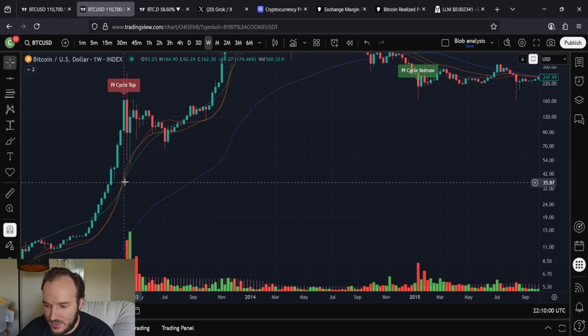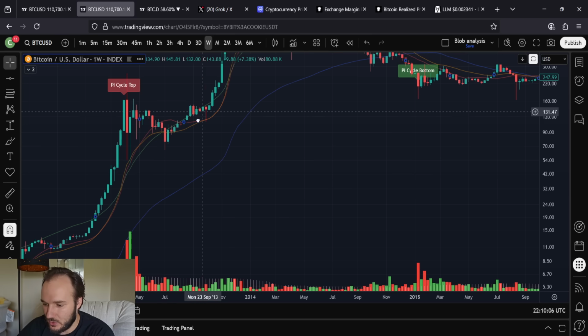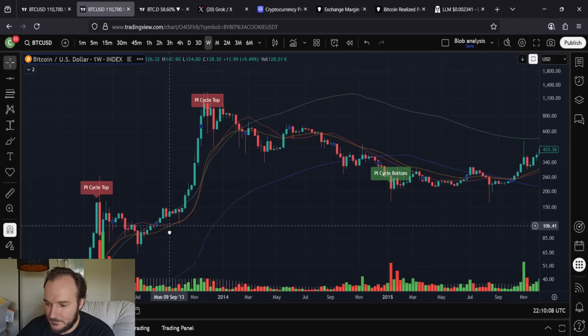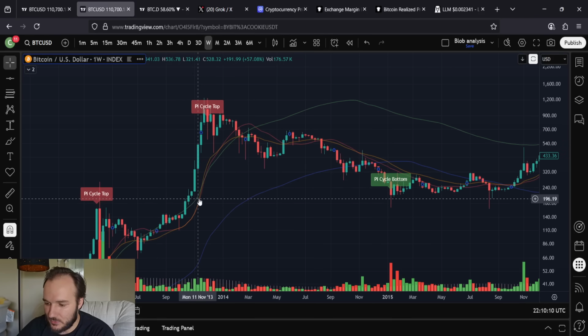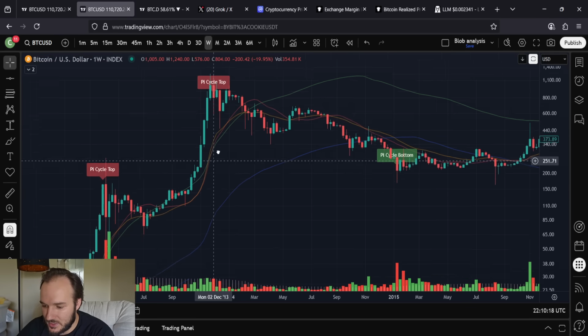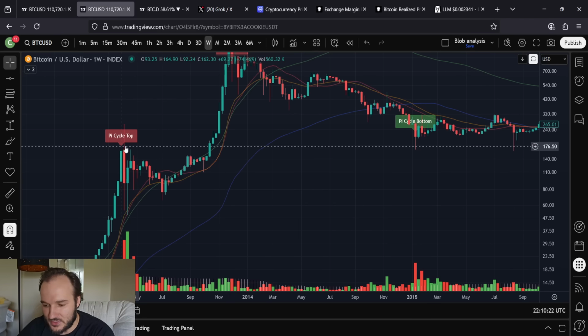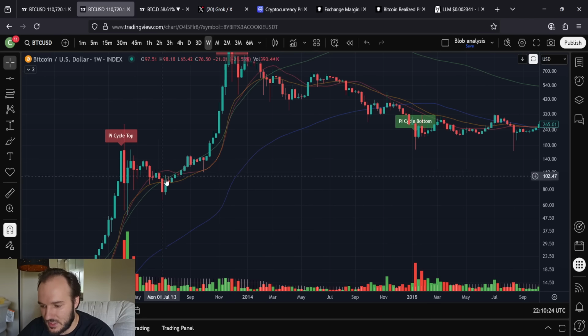And maybe it's the orange and the red line both together that have to be above the green line. I'm not entirely sure. But I think the orange line will be above it. The red line's the slower one anyways, typically. Or not typically, it is. But if we're looking at this here with this pi cycle top, it came in right here on this candle. And that was, again, right whenever the red line came up above the green line. This is not the cycle top, but it was an intermittent top in the cycle, and that still called this top area pretty damn well.